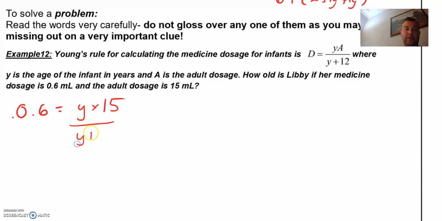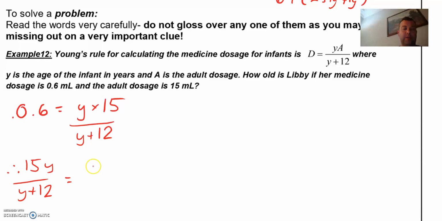over y plus 12. Now my advice was swap the left and the right straight away. When we do that, we get 15y over y plus 12 equals 0.6. Now we've got to solve this. I've got y's top and bottom. I've got a fraction. We always get rid of those by multiplying every term by the denominator. That means that